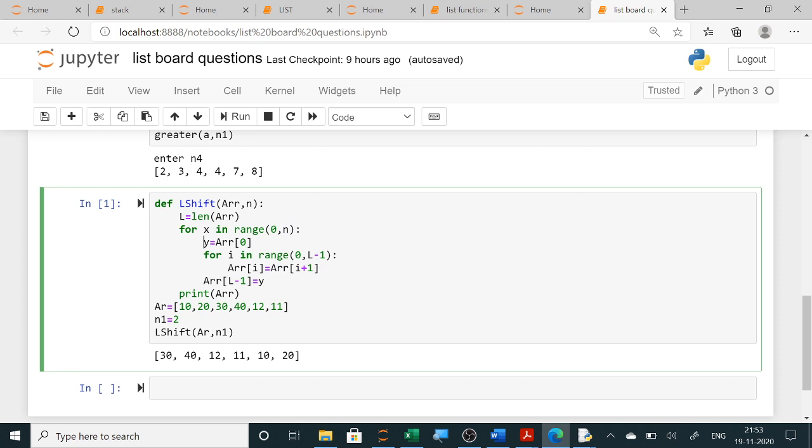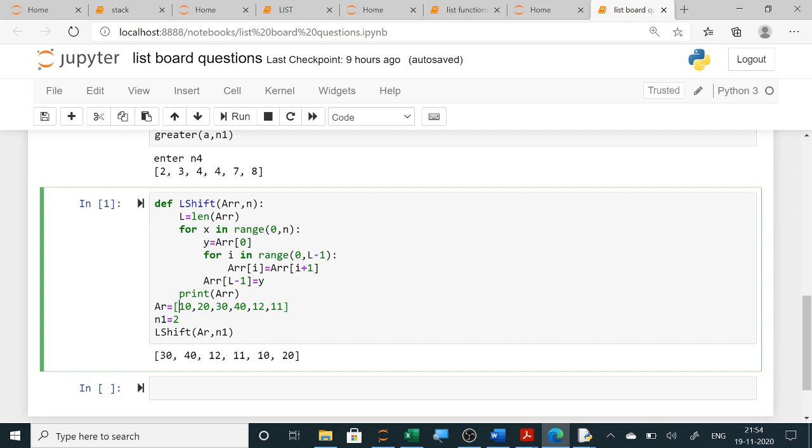Then we have to shift it. I have taken a temporary variable y in which the first element is stored, and then all the elements will be shifted to the left. Here I have used a for loop from 0 to L minus 1, and all the elements have been shifted to the left. At the end, the first element stored in the temporary variable will be placed at the end.